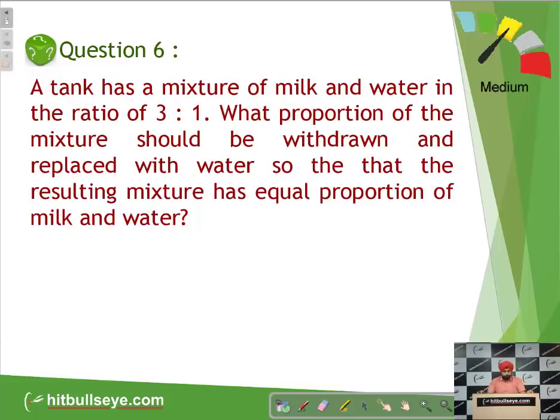This one. Now here you have milk and water ratio given. You want to take some proportion of the mixture out and you want to replace it with water so that the resulting mixture has equal proportions. Students, now again this question you can solve by way of milk or by way of water, but in this question you have proportion. Now if I try to solve this question by way of milk,